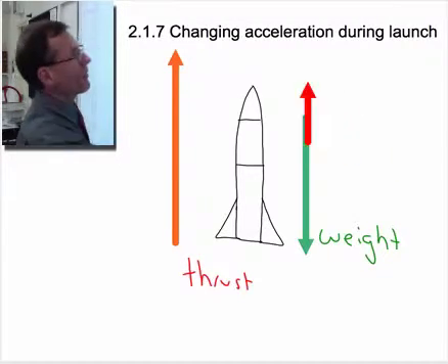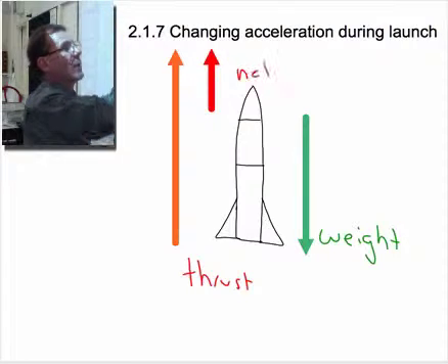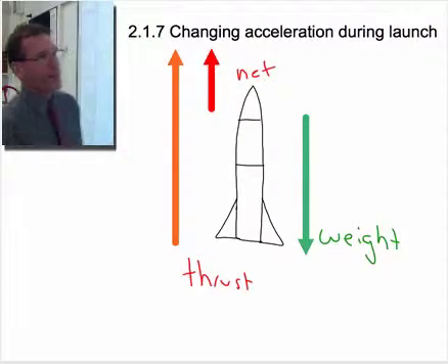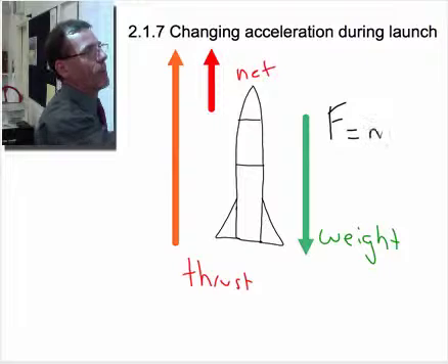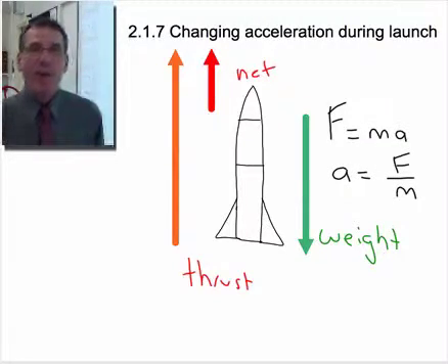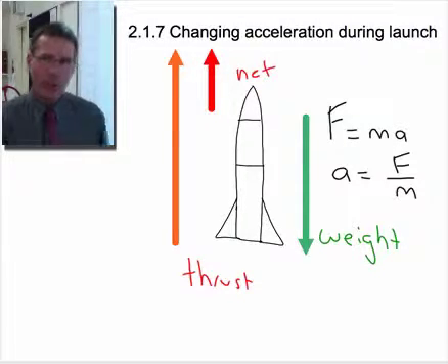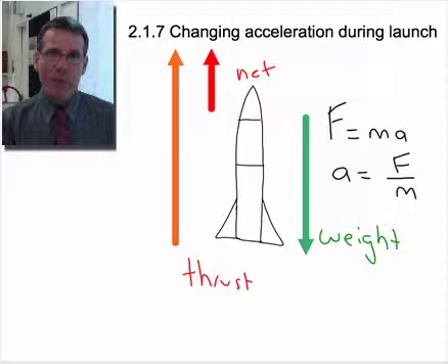thrust force. And provided our thrust force is bigger than the weight force, we're going to end up with a net force, because that's the net force in F equals ma, or a equals F on m, that actually provides the acceleration upwards. Now, when you think about a real rocket, unlike a car where the fuel load is only